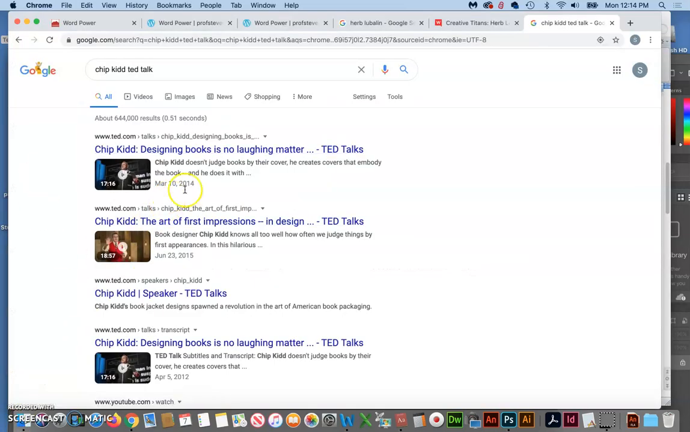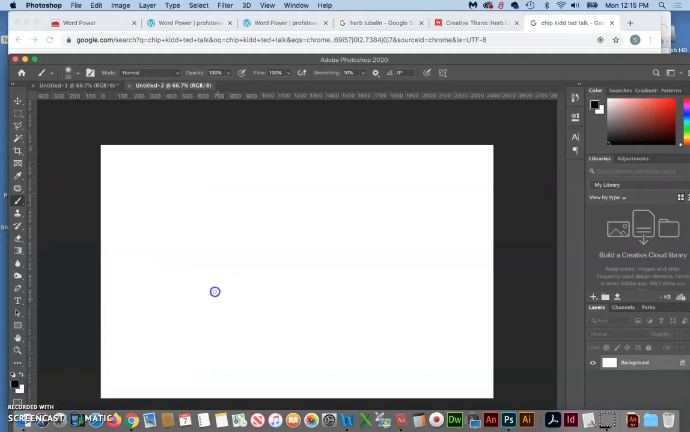Chip Kidd is a famous book designer. He and Theron Moore at Cal State Fullerton both had Lanny Samis as instructors. So I picked this up from Theron, but then years later I watched some of Chip Kidd's TED Talks, and I heard it again from him, the way that Lanny explained concept. Go up to the board, he would draw an apple,